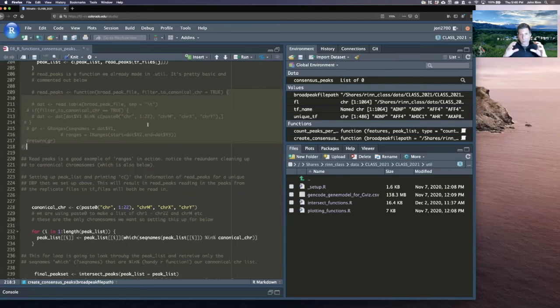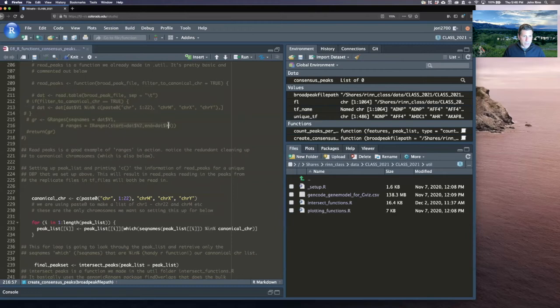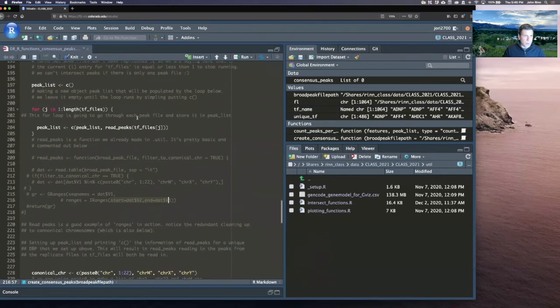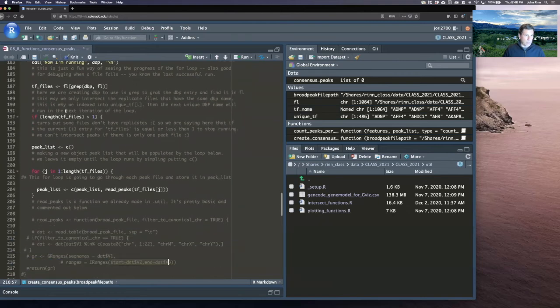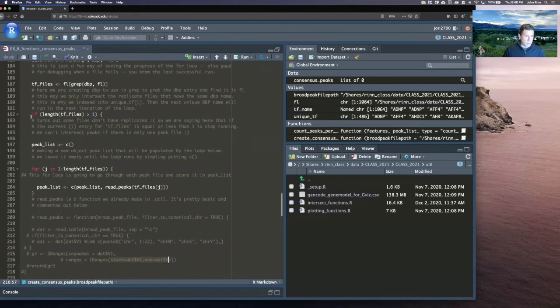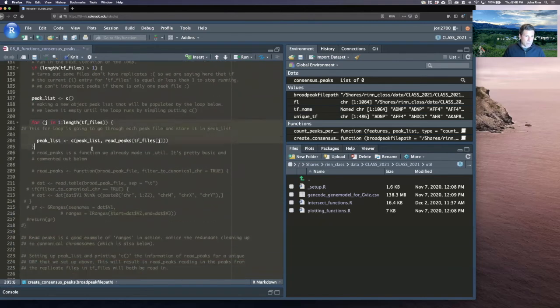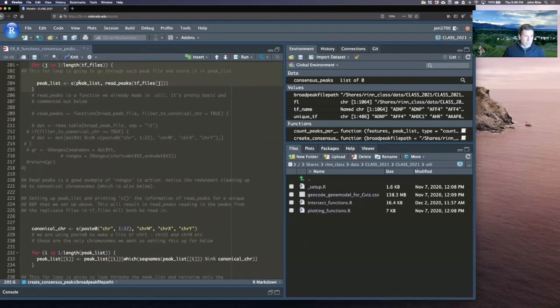So then we can use ranges in one file and another file and cross those to make an intersection. This is going to look complicated and we'll go through it in the other video. But for now, we just want to reorient: what we've started is a second for loop here, and we're making a peak list, which is now going to be in genomic ranges